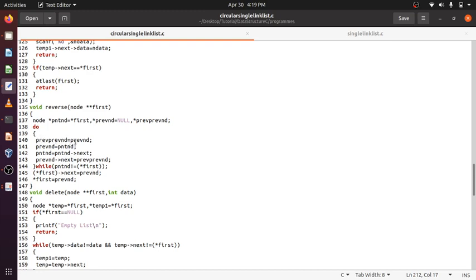Previous to previous becomes the third node. Previous node becomes the second node. Present node becomes here the fifth node. Okay, and previous next, the fourth node, will now be pointing to here the third node. Okay, after that, not equal to first. Yes, present node not equal to first, because it is now the fifth node.